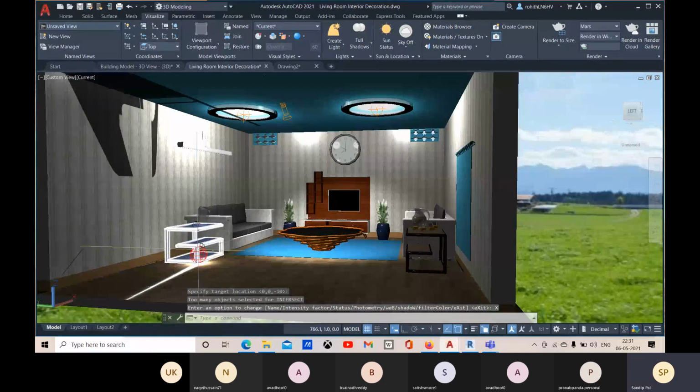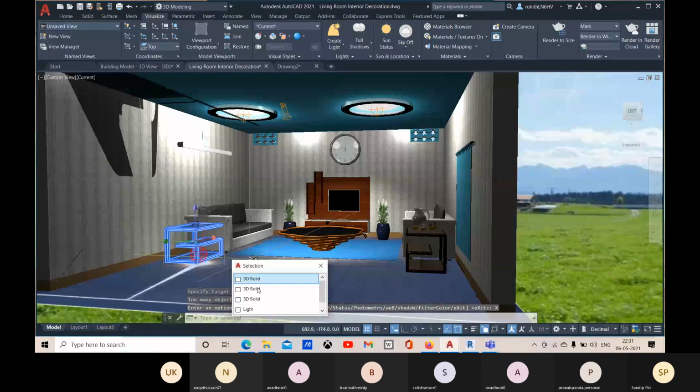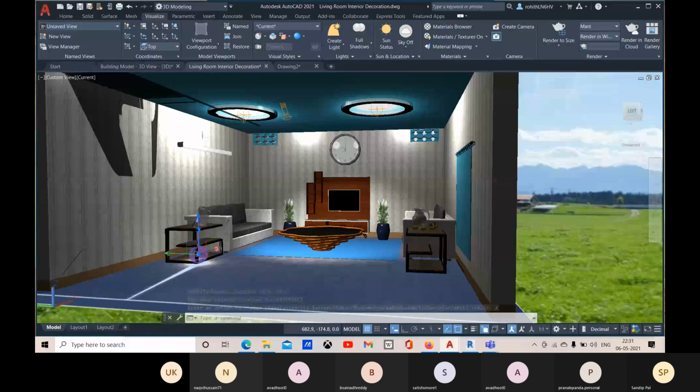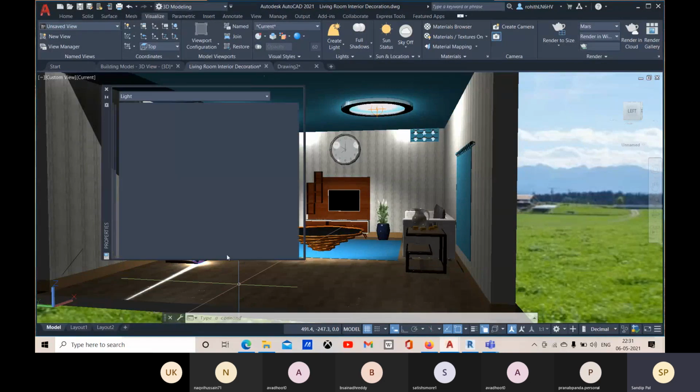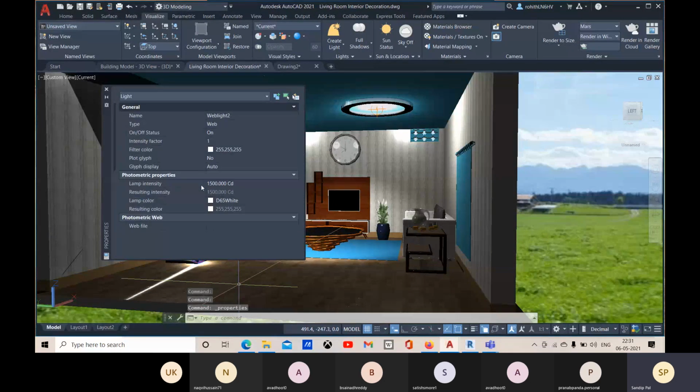This web light is created right now, and as per its shape, it will radiate light. You can go to its properties and see the type is web. You can change it again to point light or spotlight as well, and you can change the intensity here also.